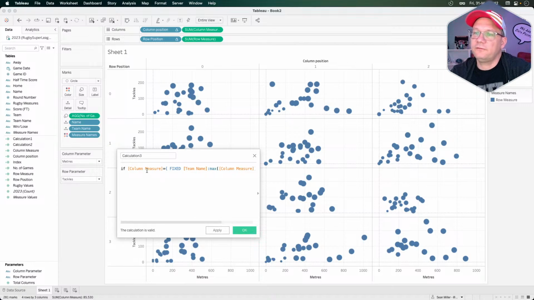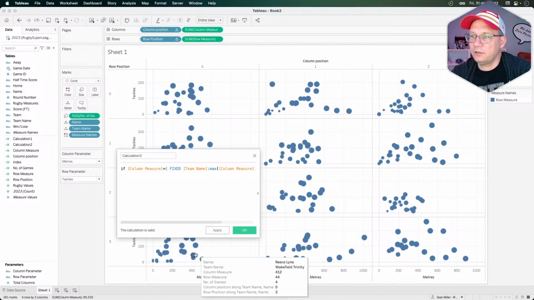All right, so if the column measure, which is whatever we're on here, right here,